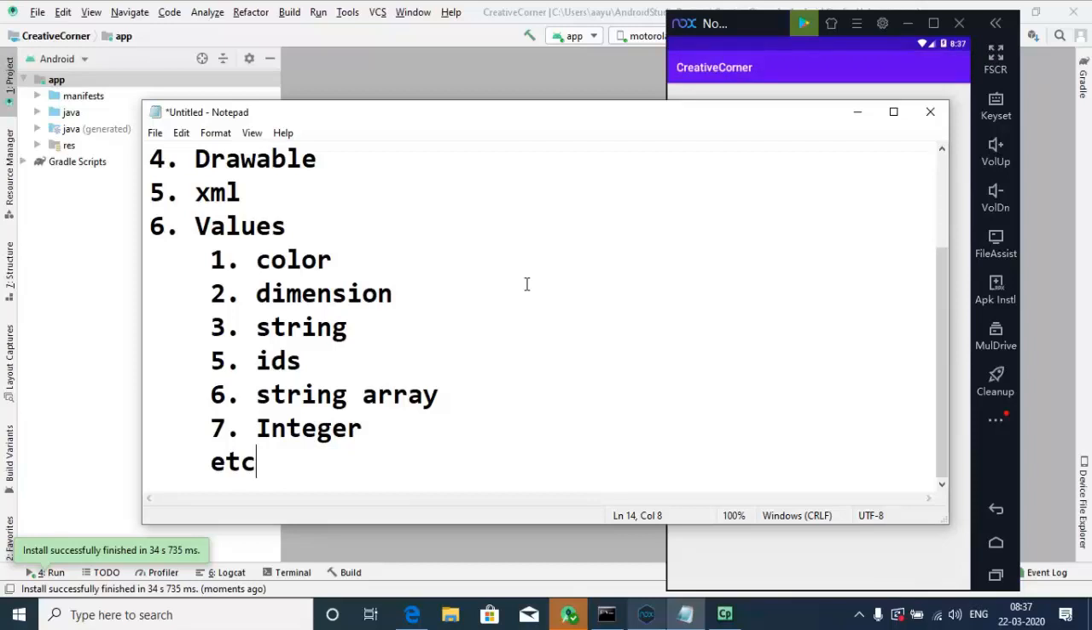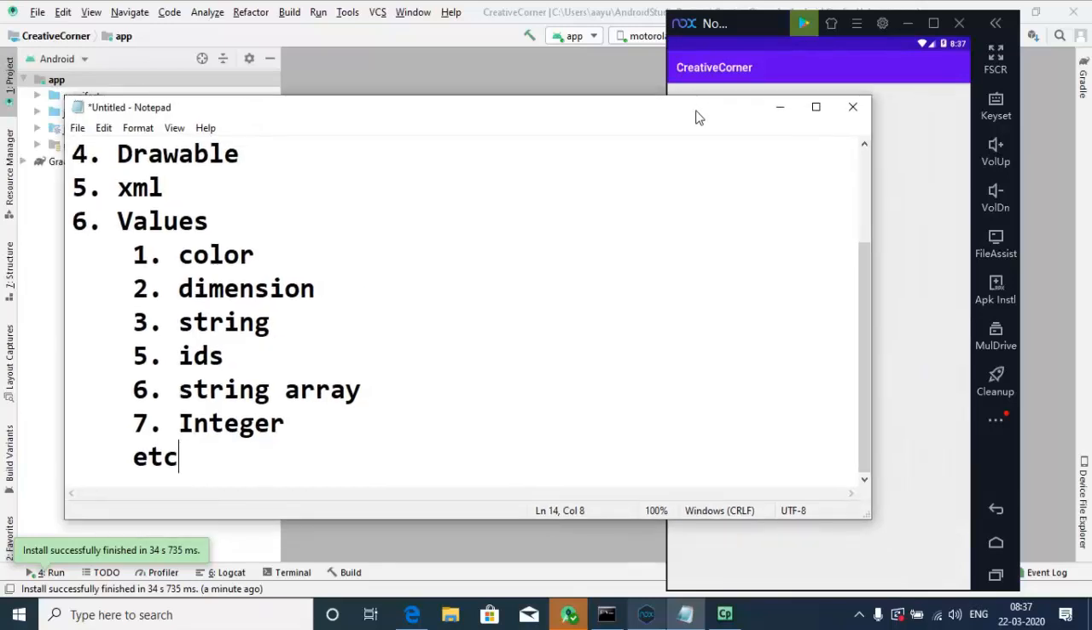And IDs, you can say, is an identifier for each component we design in XML. If you give an ID, you can associate this particular component with your code using this ID. String array is a collection of strings, and string component